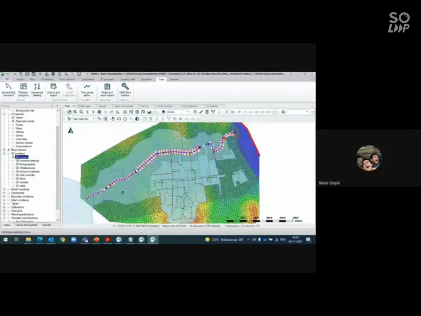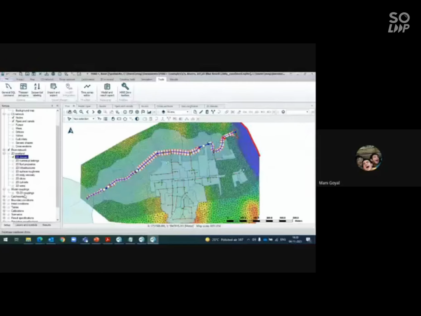If an area is less important, you can create a broader mesh. So you can create all these three things under one platform: your collection system, your river network, then 2D overland.